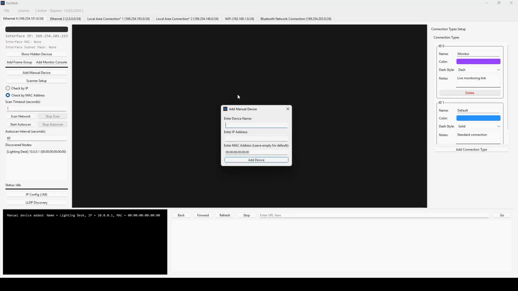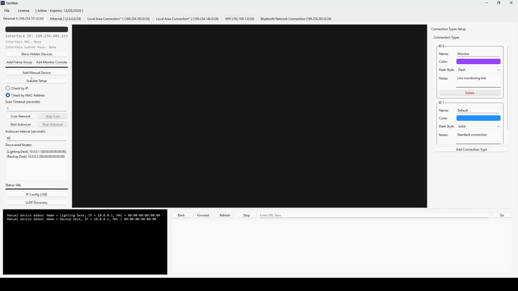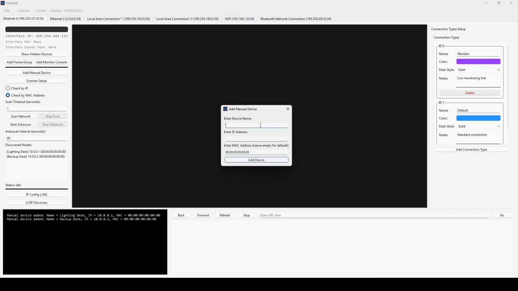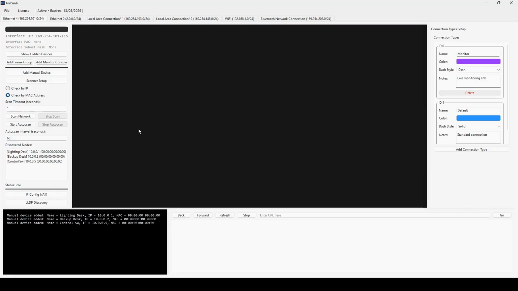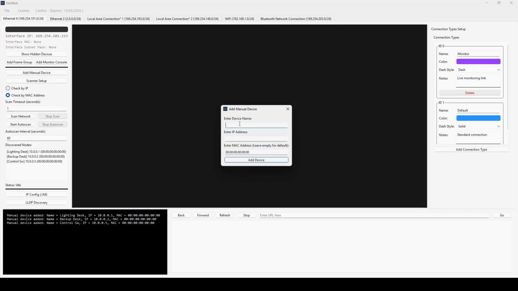I will add at least 6 devices for the demonstration. So I will, for example, use a backup desk. I will set this to 10.0.0.2, for example. I will add a third device named control switch, and this will be on IP 10.0.0.5, for example. I will then add another switch. This will be the stage switch. This will be on IP 10.0.0.105,